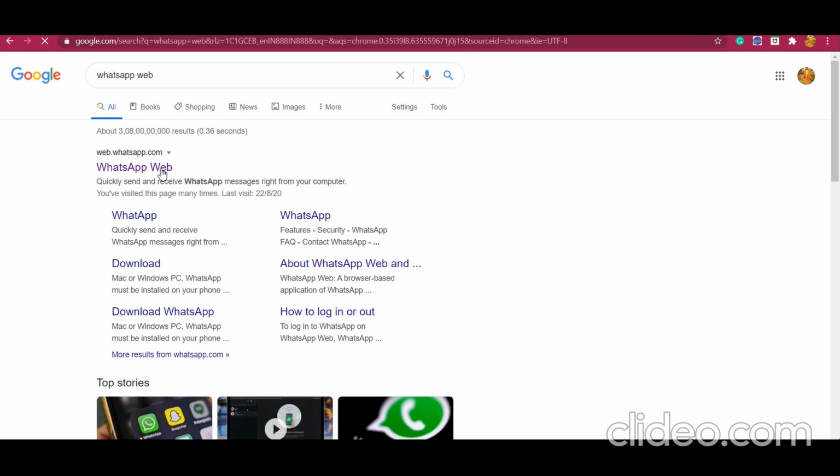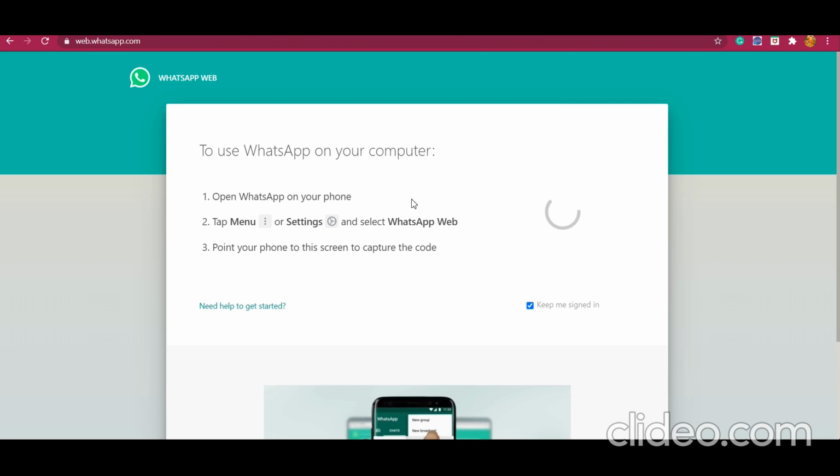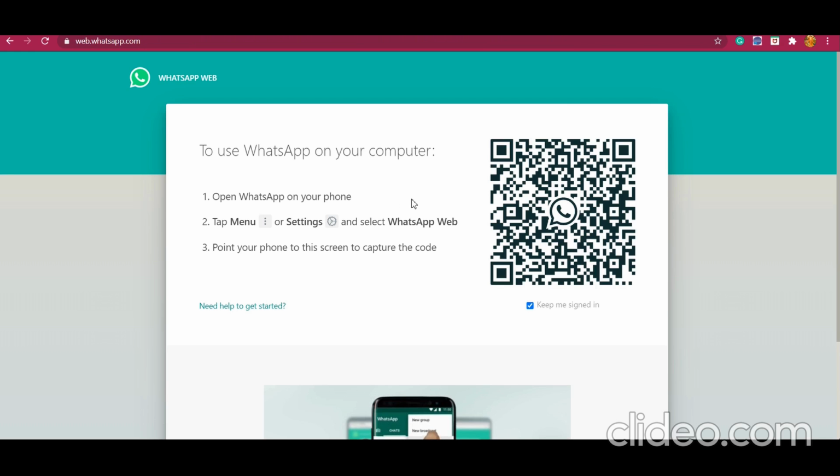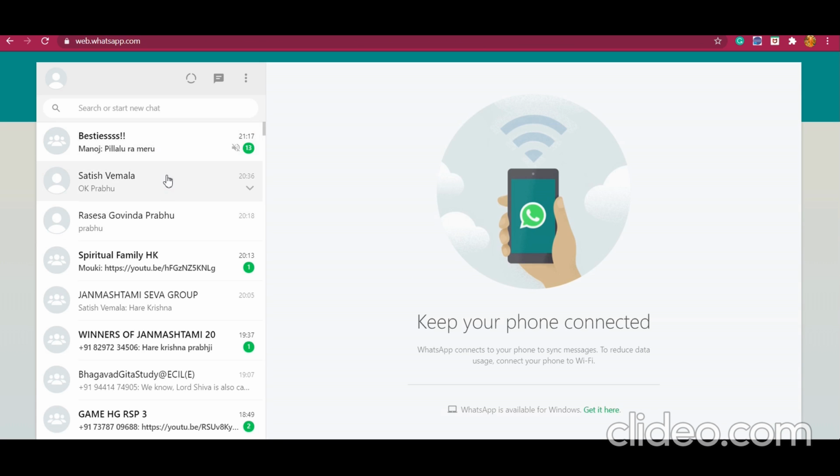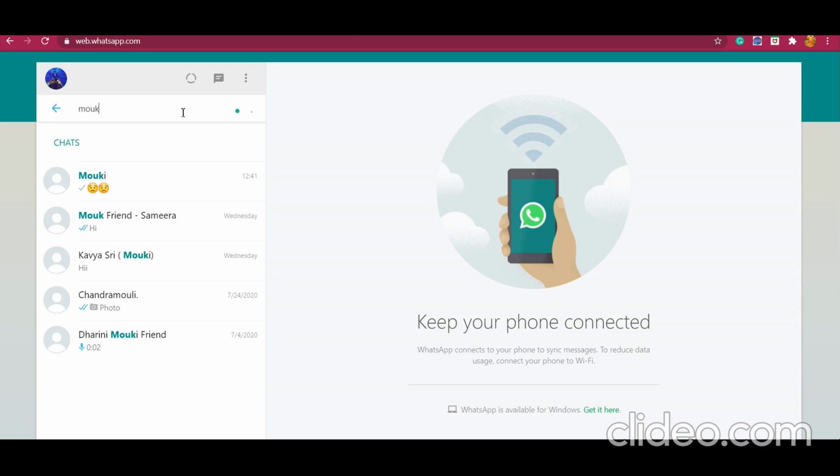Now let us say you want to share this. You have to go to WhatsApp Web and log into WhatsApp Web using your phone. Scan the code, and it will take you to WhatsApp Web. Let us say you want to share this with your friends.